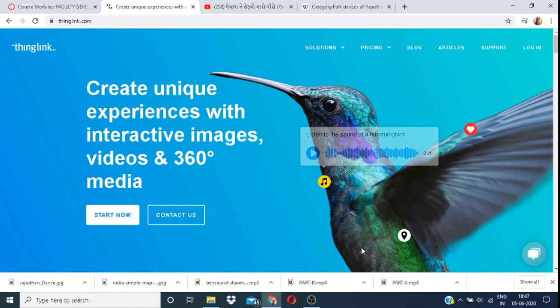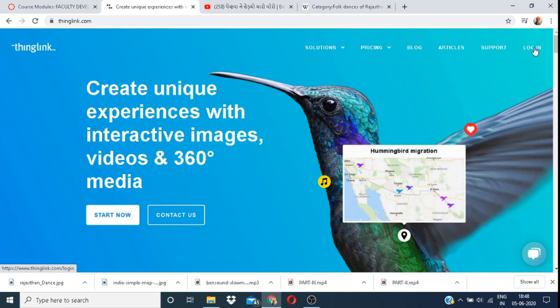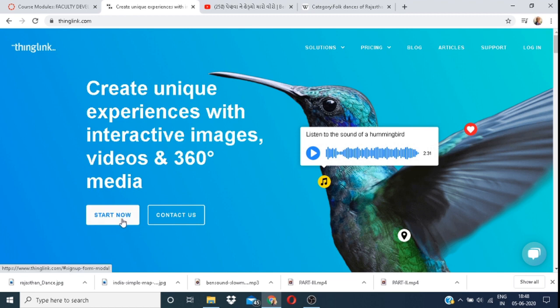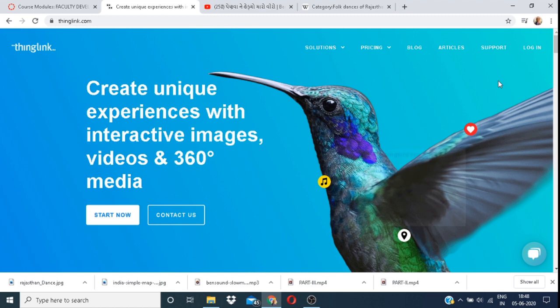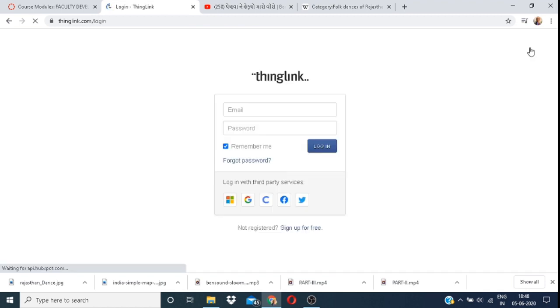This window appears before you. You can log in. If you are not logged in, click on start new. I also log in. I'm clicking on that.